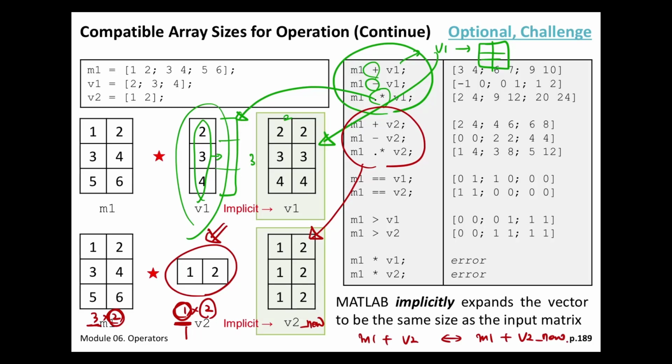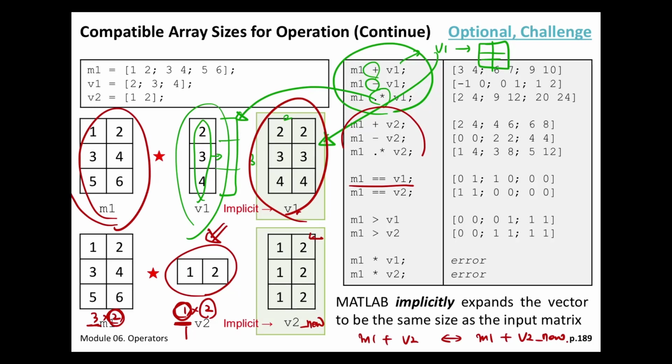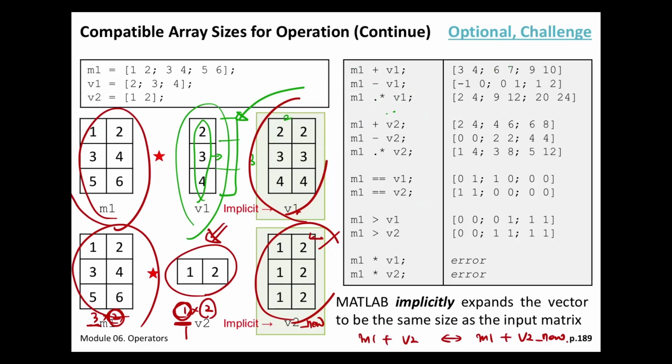Make sense? What about the equality here? Equality is conducted on this one and this one. Okay, for this line, then this one and this one. Make sense? Okay. However, for matrix multiplication, this comparable array size option is not supported because this is the matrix